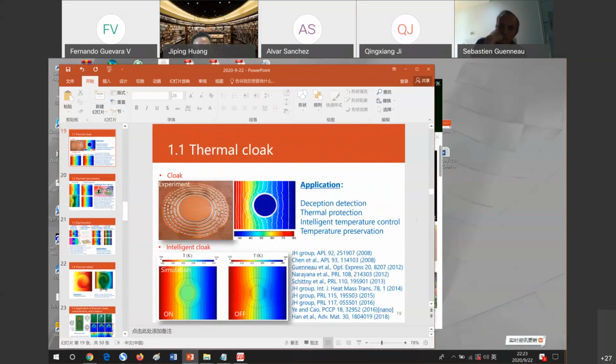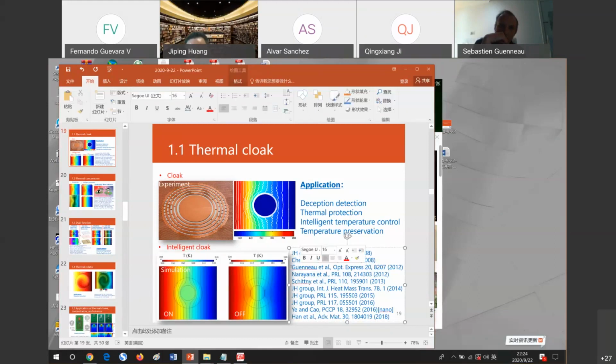And my question is that they are only focusing on the thermal conductivities. I mean, in the short time, the transient thermal cloak, in the short time, the cloaking performance also depends on the heat capacity, not only on the thermal conductivity. So exactly, I didn't see any experiments about the transient thermal cloaking. So is it possible to design thermal cloaks using these methods that also consider the heat capacity so that you can get good performance in short times?